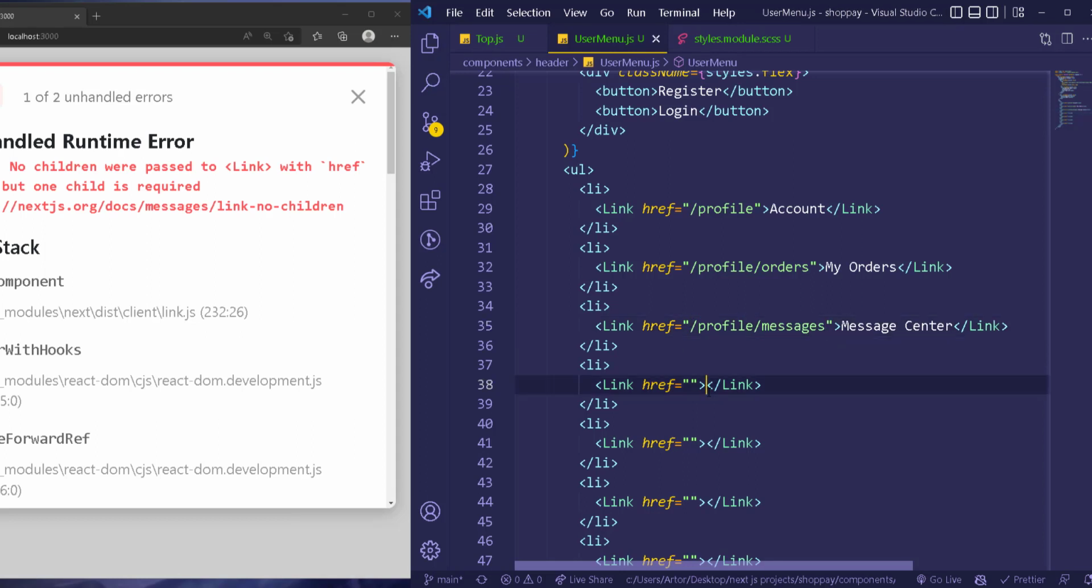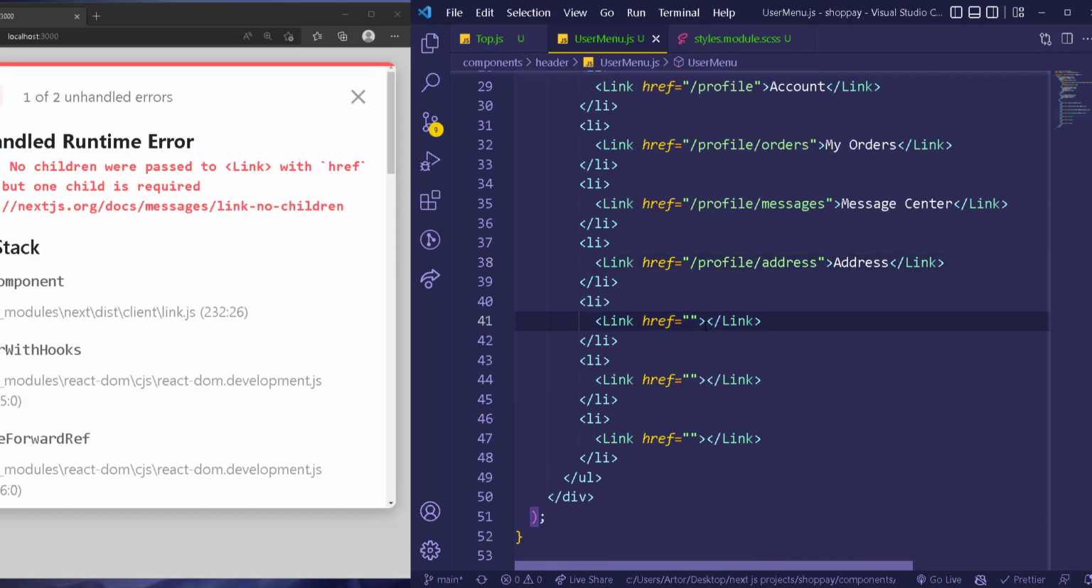Okay, and then this one is going to be for address, and then this is going to be /profile/address, because the user can have many addresses that he can change between. And then we're going to have the wish list, and then you can add whatever you want. This is not limited, so you do whatever you like. Wish list, like that. Let me remove these two,